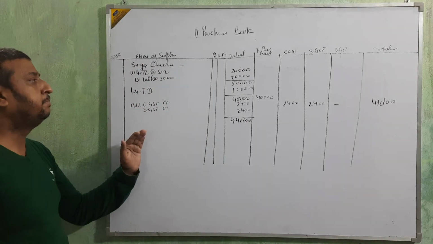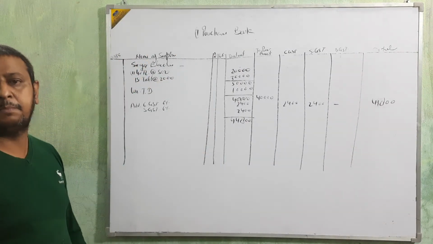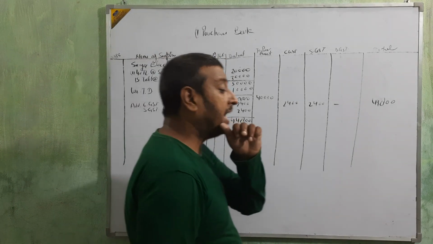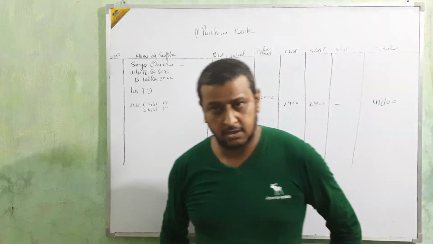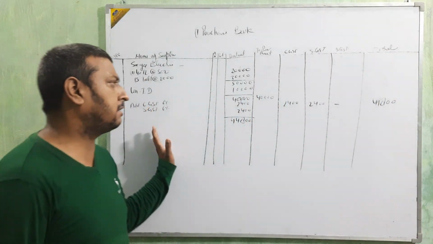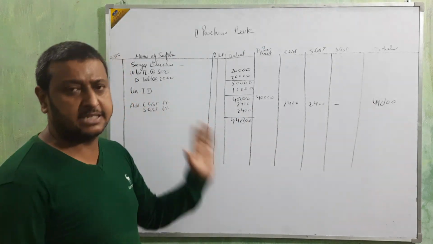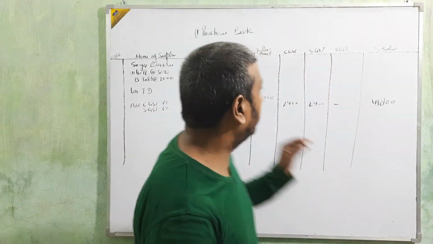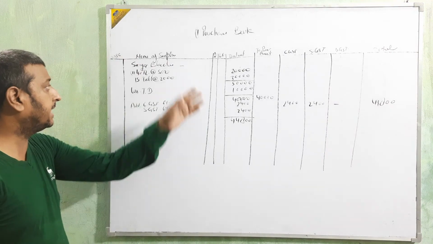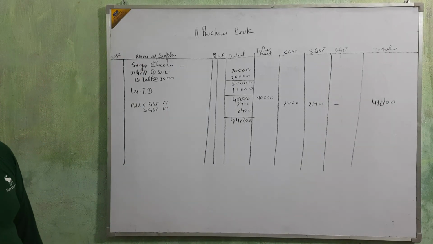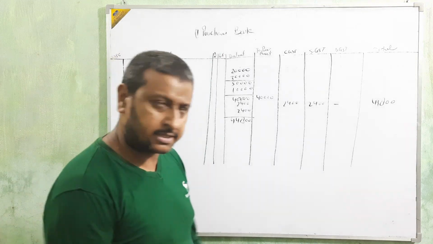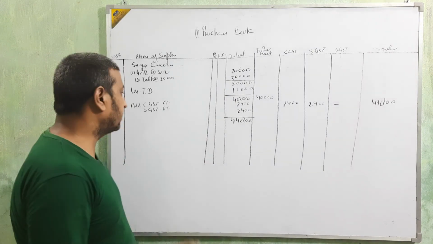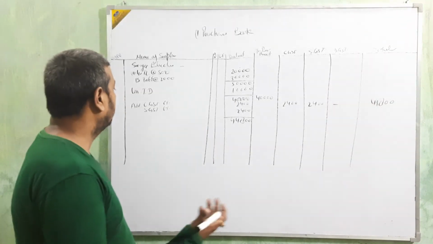The only change between this purchase book and purchase return, only one change, beta. In the place of invoice number, we are going to enter debit note. Okay, only the column will change, beta. Other things are the same. And in the case of the sales book, only this heading will change. Name of customer is there. Other things are again the same. We are going to follow the other things: taking the detail, less the trade discount, then add the CGST and SGST or IGST.